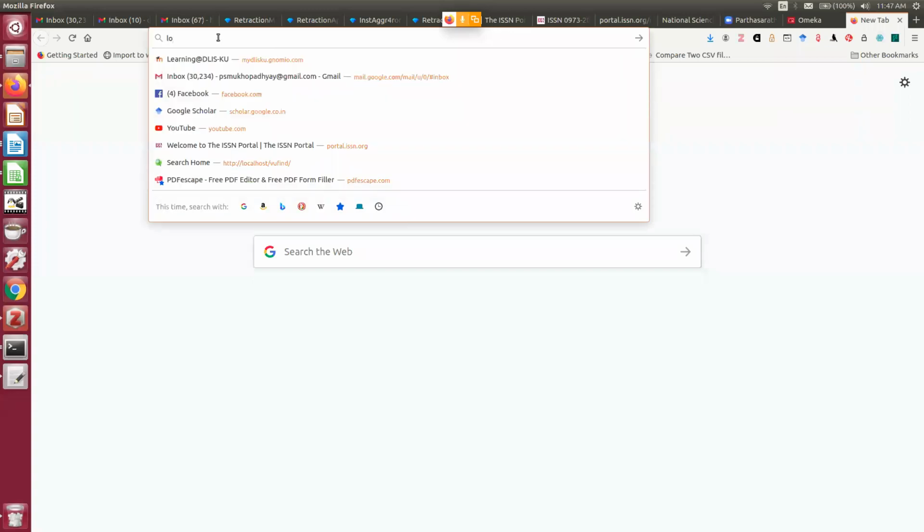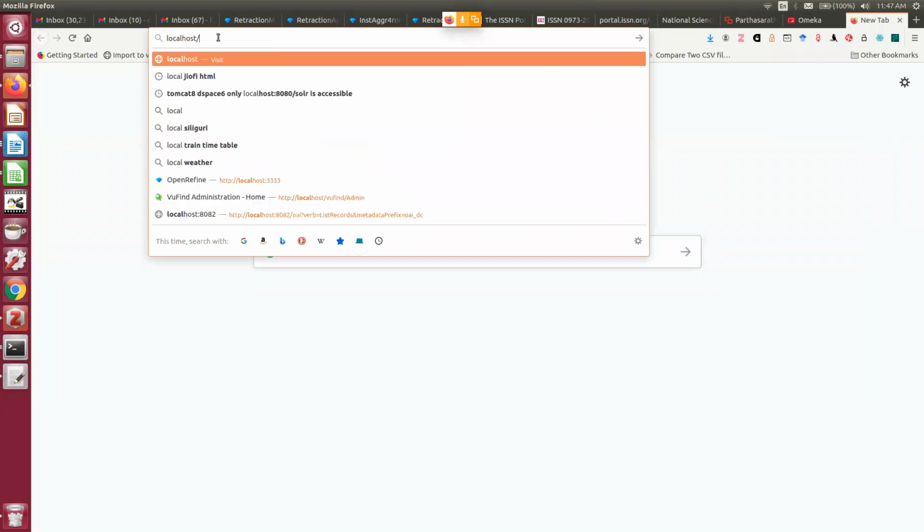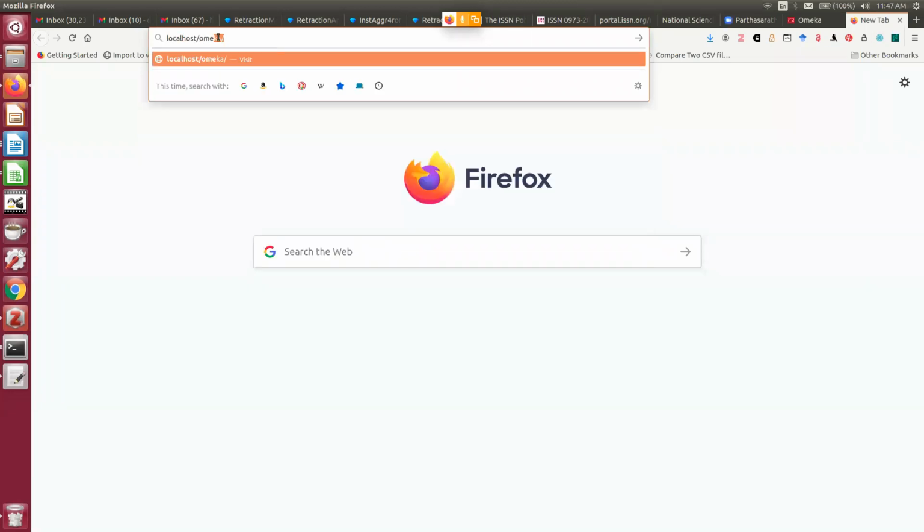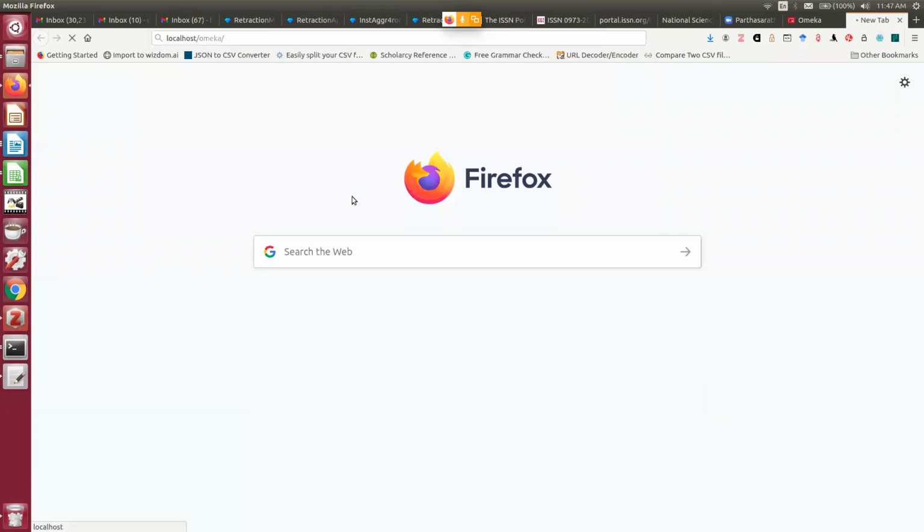After the installation process is over, you can have it from localhost/omega. The first time it will take a little bit of time.